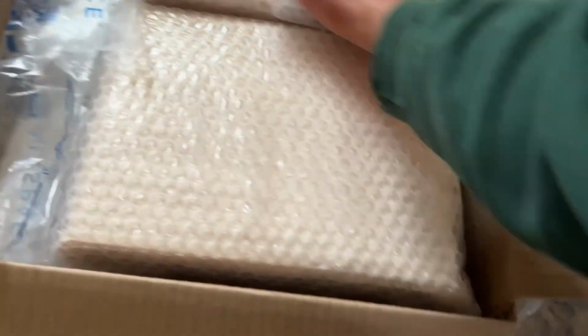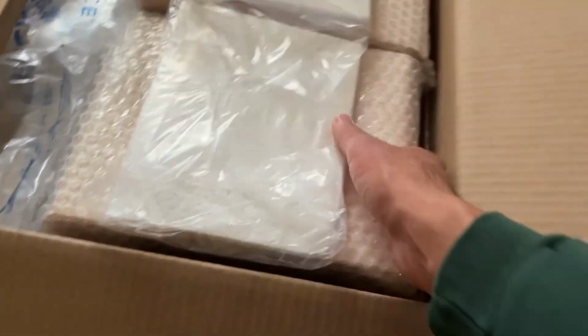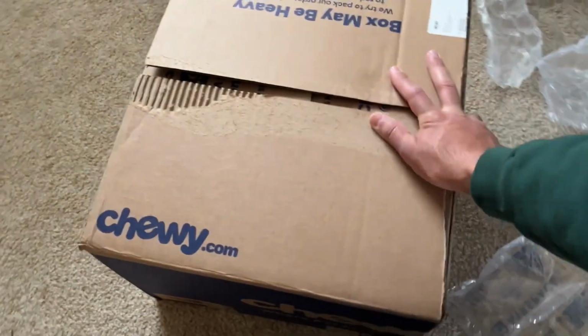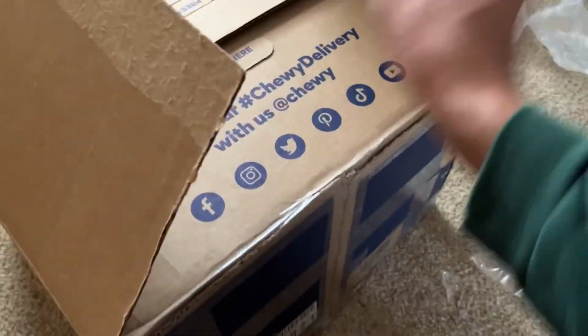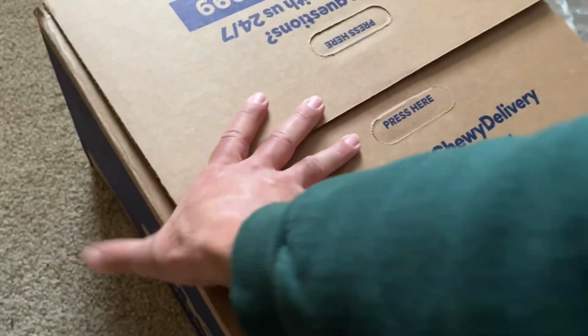Okay. But then, yeah, like I said, these can go in just for extra support here to protect the frames. And maybe I'll fold it this way and then put these over the top. Just plan to close it all up kind of like this. You know, it's not the prettiest box in the world. Maybe I should do it this way, but it definitely is going to work, and it's good to reuse cardboard